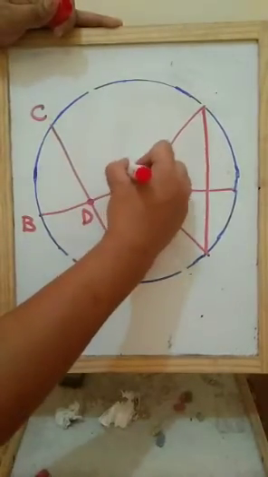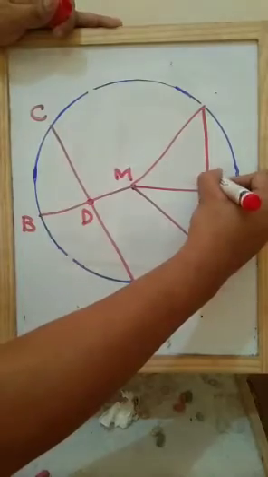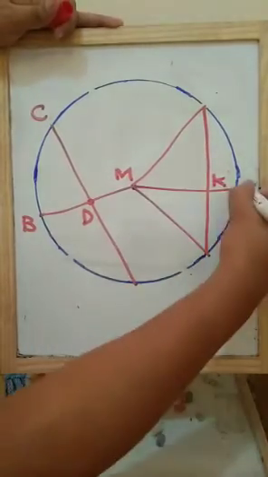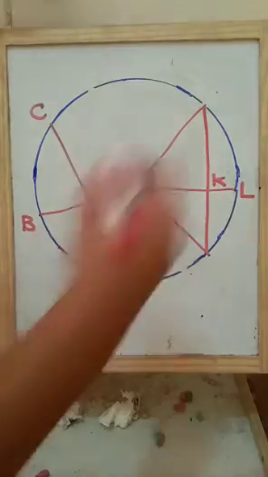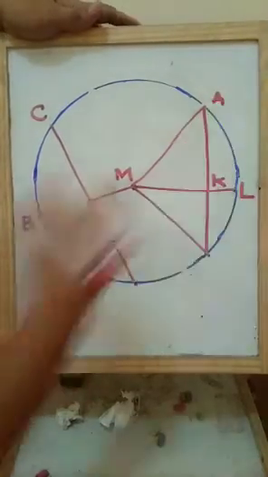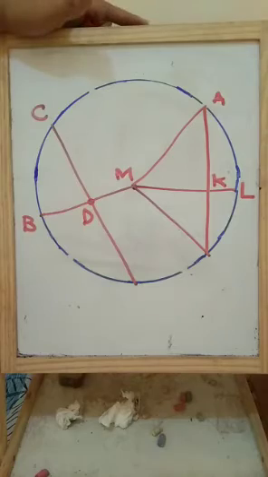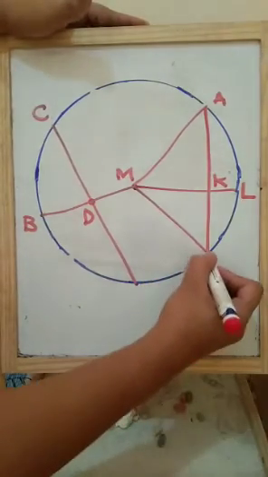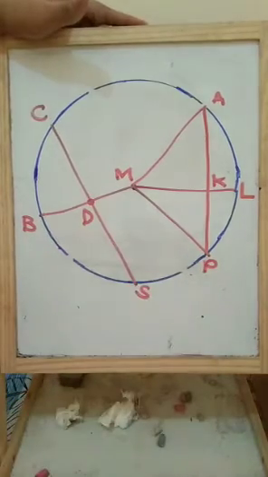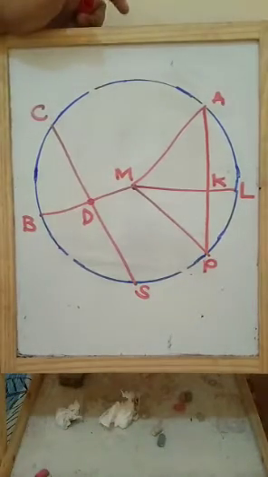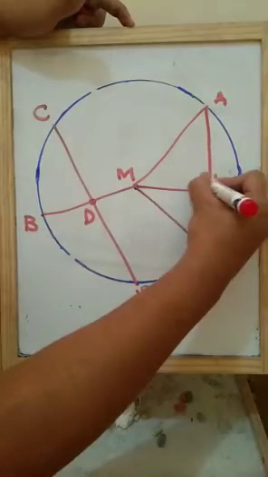Point M, sabihin na lang natin. This is point K. This is point L. Kita ba sa screen? Kita pa naman. Hindi nag-autofocus, buti naman. This is point A, yung nasa taas. This is point P. And this is point S. And then, i-declare natin na ito ay